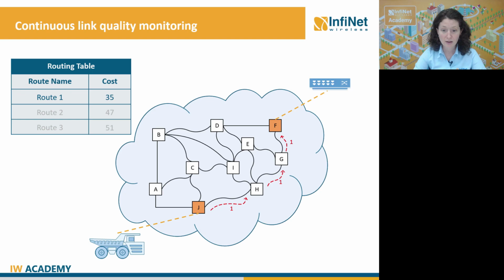However, the quality of the radio link might deteriorate due to congestion, interference, or meteorological conditions, for example. In this case, Mint will recalculate the costs for each path in order to adapt to changes in real time. We can see that the cost for path 1 has changed from 35 to 50, and it is no longer